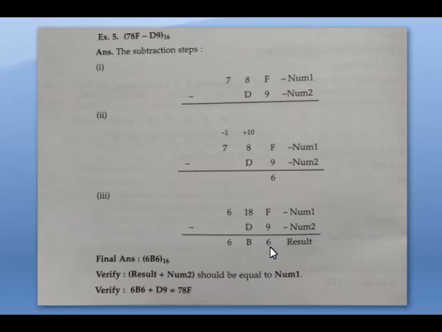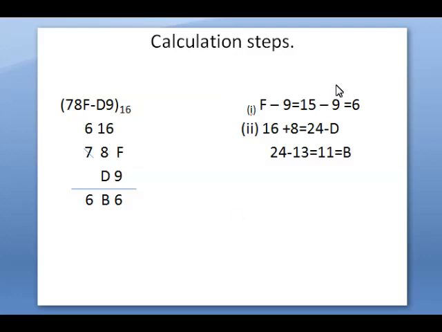Okay students, if you don't understand, you can follow this method. So this is hexadecimal subtraction. This is the end of this chapter. Only this much you have to learn. The first one is numbers and the second one is arithmetic operations. From these two chapters you have to cover for the first unit test. Okay students.